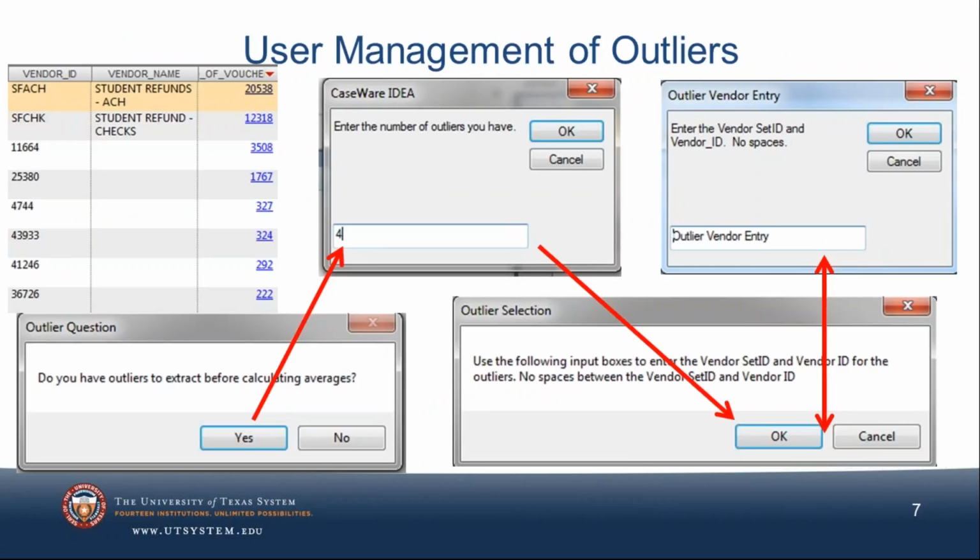Okay, so I mentioned user management of outliers on voucher analysis. This particular analysis, which we'll get to again later, is a summary of vendors and looking at different turnaround times for invoice and payment and entries.